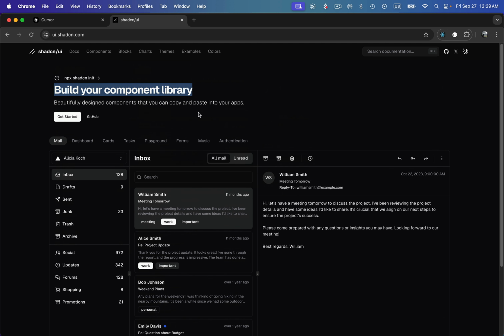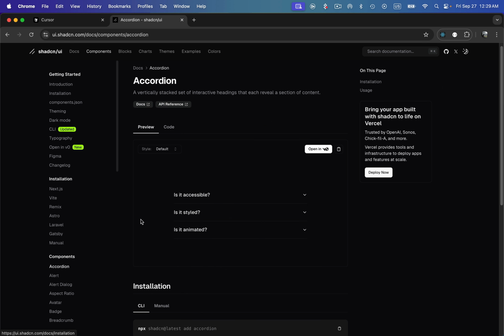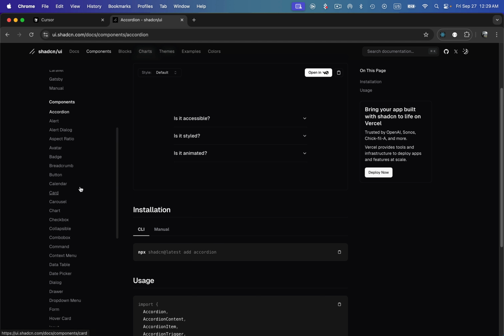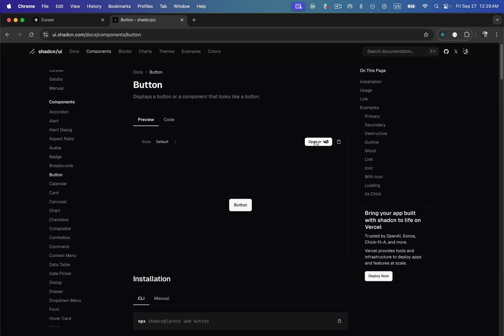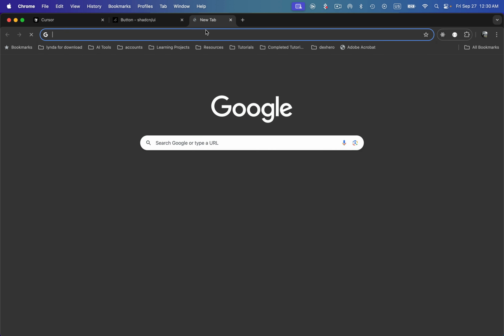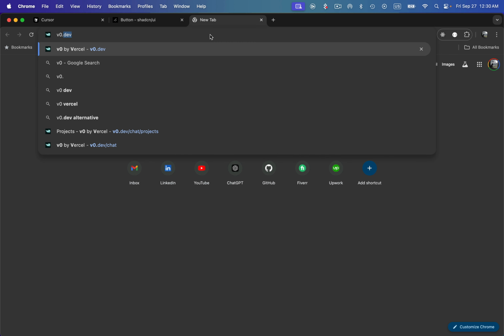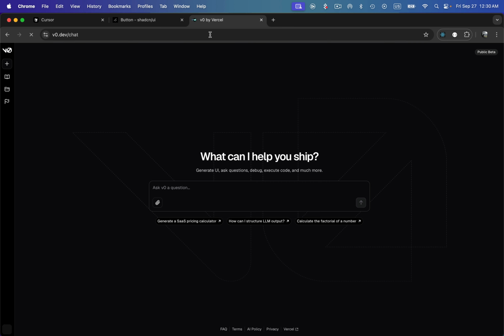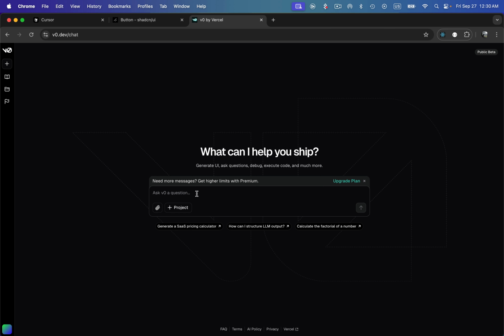Okay, so now I'm not going to be initializing it directly. Instead, if I go to the components and go to any of the components, let's say the button, you can see that it is showing open in v0. v0 is an awesome AI tool that you can chat with, and it will keep on creating new components, keep on writing new stuff for you using AI. So let's open up v0.dev, and I'm going to show you a command or a prompt that you can write